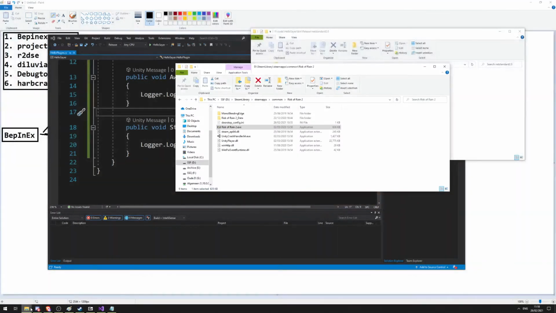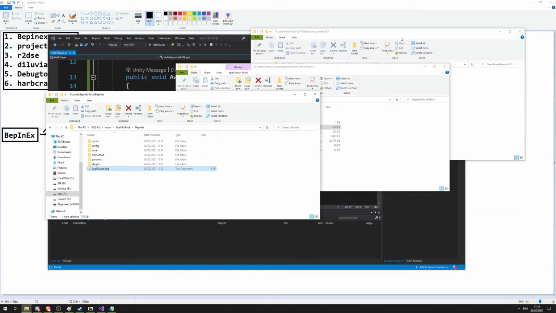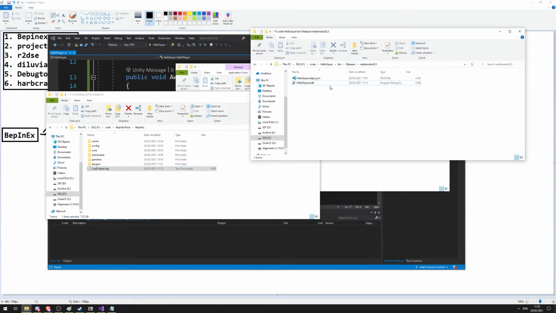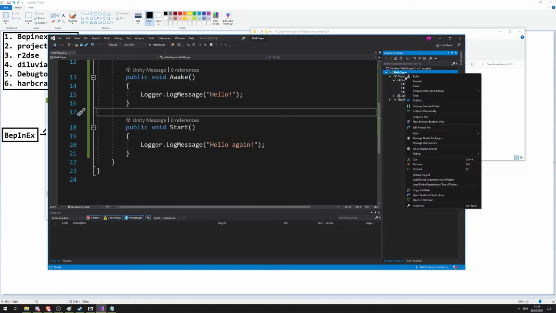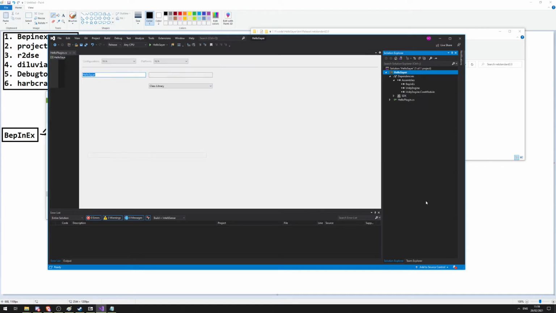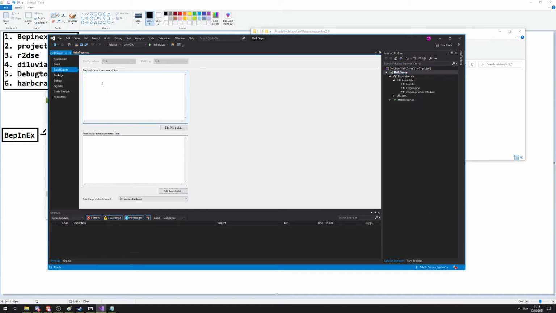Now, a workflow thing is to do what you saw me doing every time I built. I had to click here, drag it over there. That was awful. It was annoying to do. So what we're going to do is go to properties. We're going to build events. We're going to go to post build, and we're going to say,